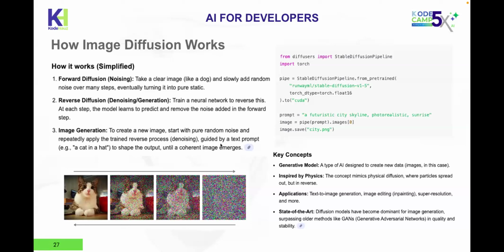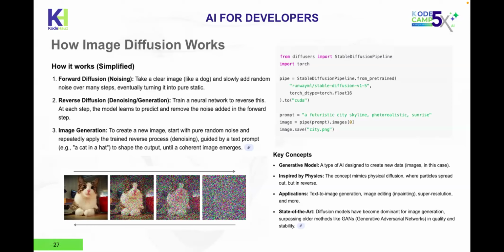So you can then give that model a new random noisy canvas that has nothing on it, right? And of course, since you trained it on denoising, you can then repeatedly apply that process. The model begins to learn how to remove the noise, to denoise it, and you can then